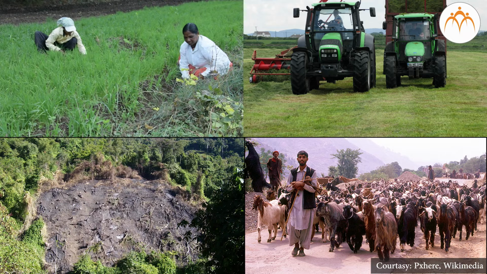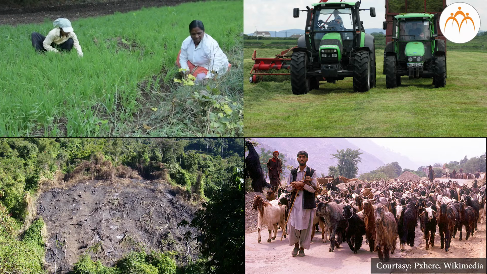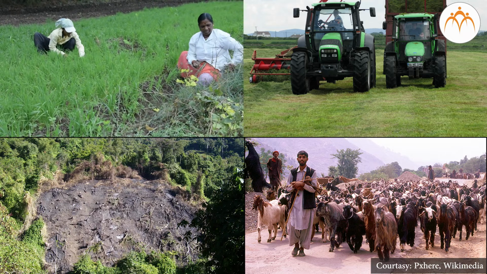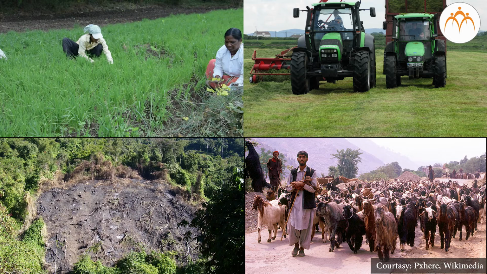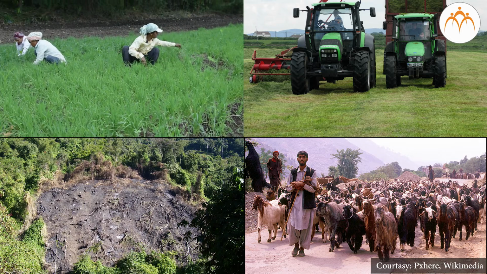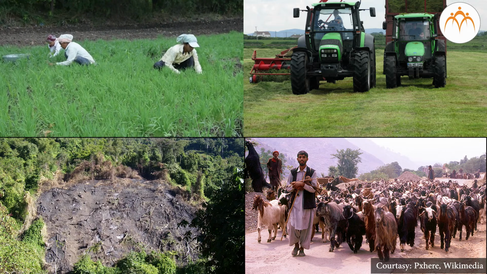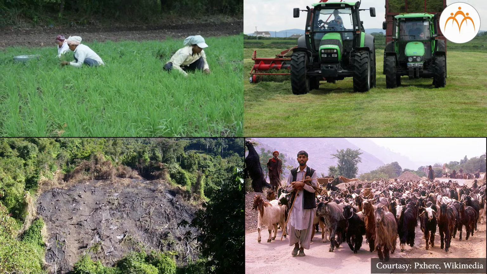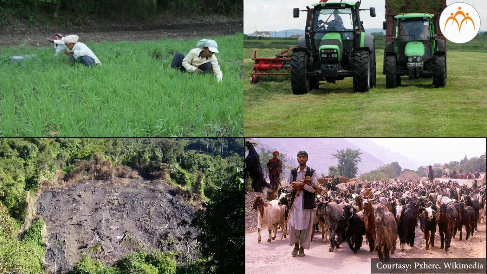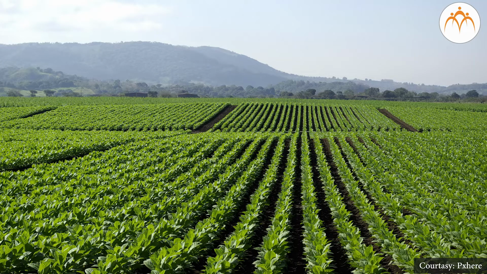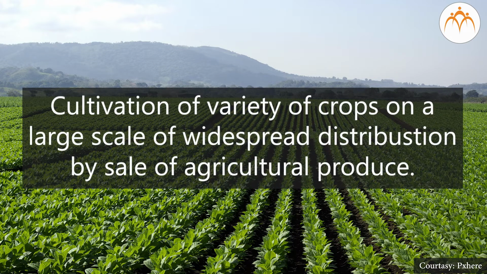In our last session, we discussed various types of farming practices that are included in the category of subsistence agriculture. Now we will discuss in greater detail commercial agriculture. Commercial agriculture refers to cultivation of a variety of crops on a large scale for widespread distribution by sale of agricultural